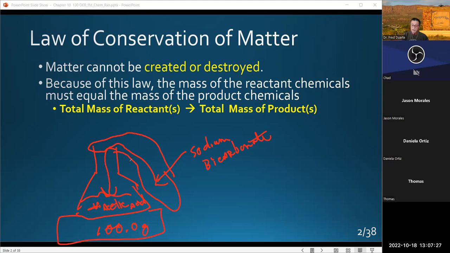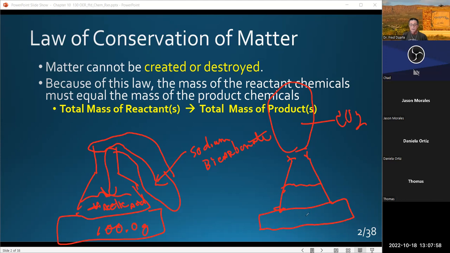Sodium bicarb is the base. The acetic acid is the acid. One of the products that is created is carbon dioxide and water. The result being that after a few minutes, that balloon would inflate. Okay. And so that balloon would be up in here, inflated with carbon dioxide, and then the liquid of all the other salts down at the bottom here, with unreacted vinegar. But the point being that